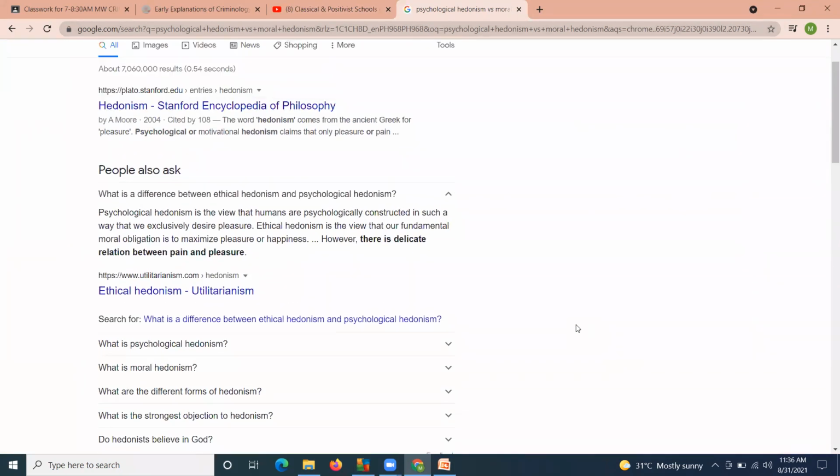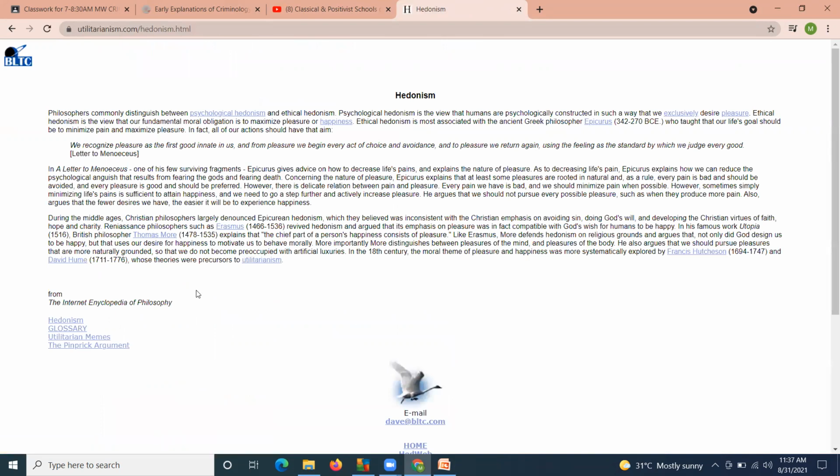So what's the difference between the two? Psychological hedonism views that humans are psychologically attracted in such a way that we exclusively desire pleasure. While ethical hedonism is the view of our fundamental moral obligation to maximize pleasure or happiness. So yes, that is correct. When you say pleasure, it focuses on the word happiness. Ethical hedonism is most associated with the ancient Greek philosopher